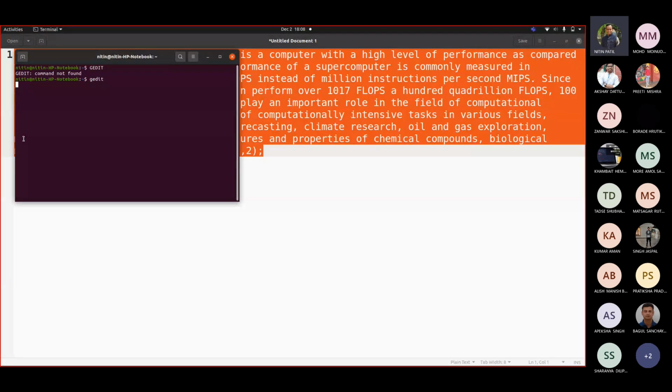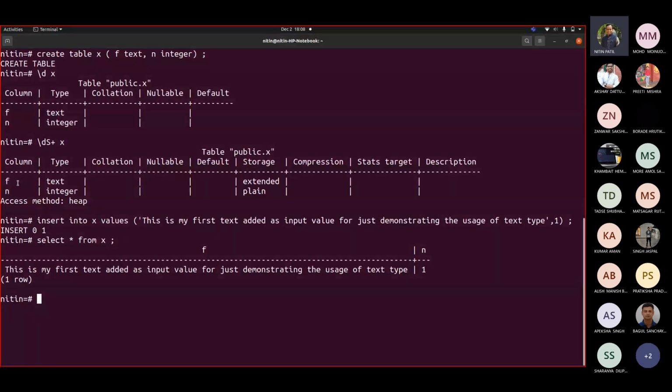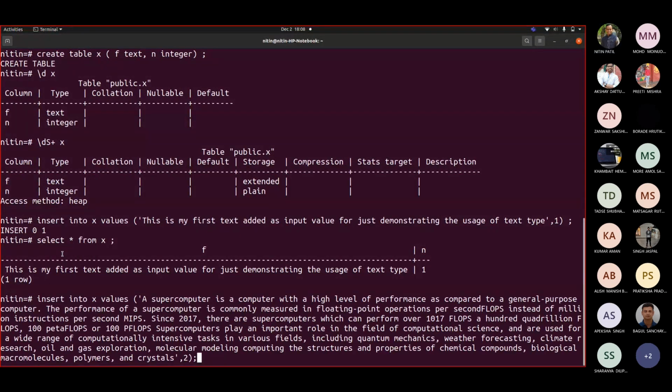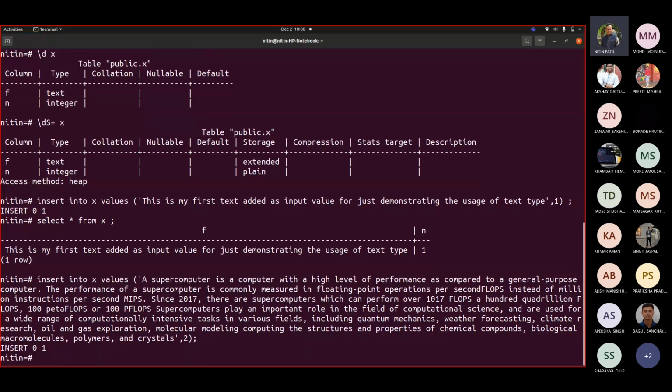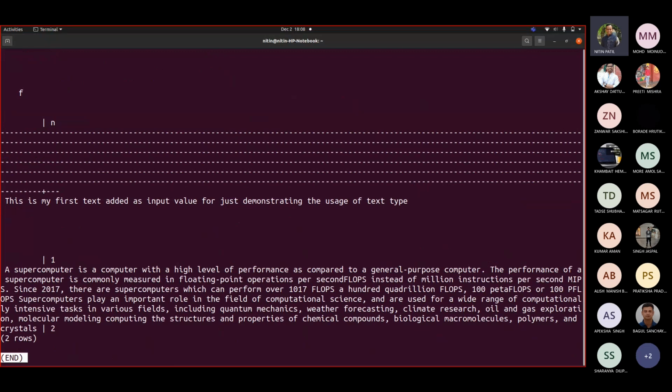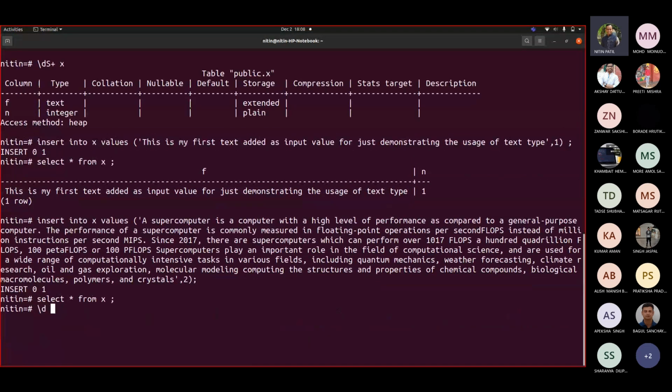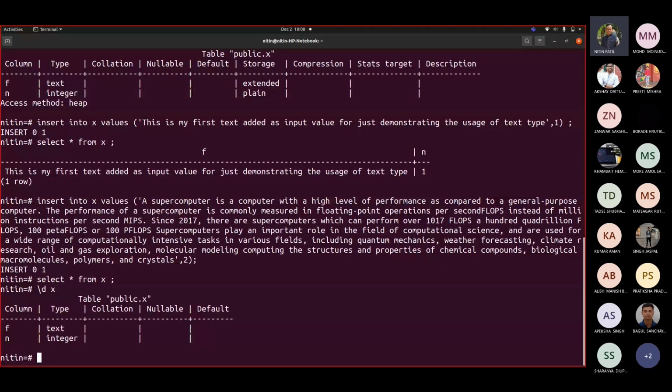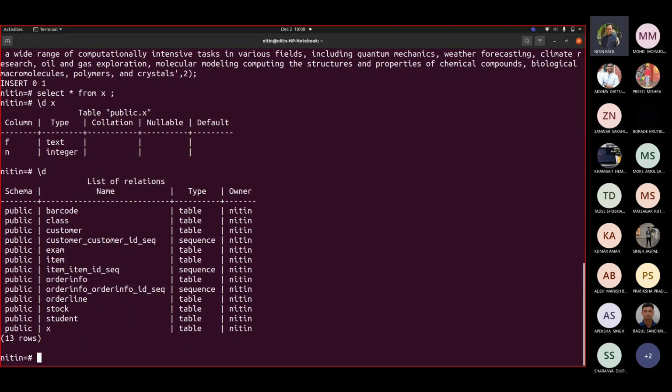Now let me add that directly there. Let us see what happens. So it permitted me, correct? Now if I try to see this record, it is showing me the thing. And if I see \dx or simply \d, I can see that X is added, correct?